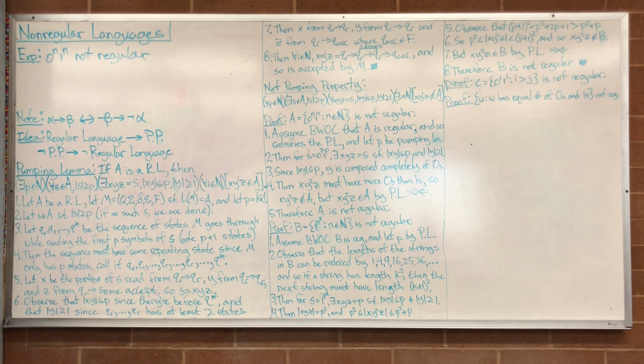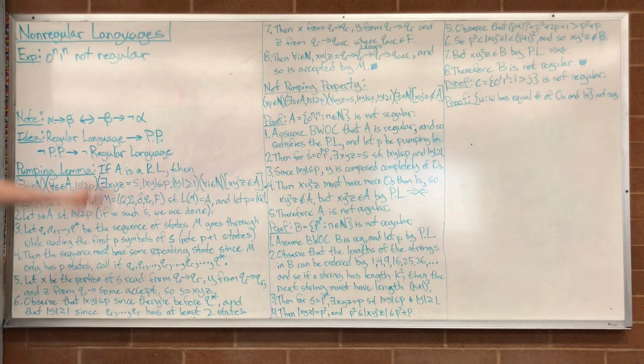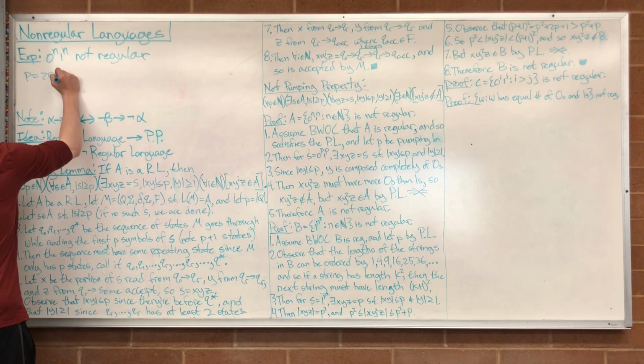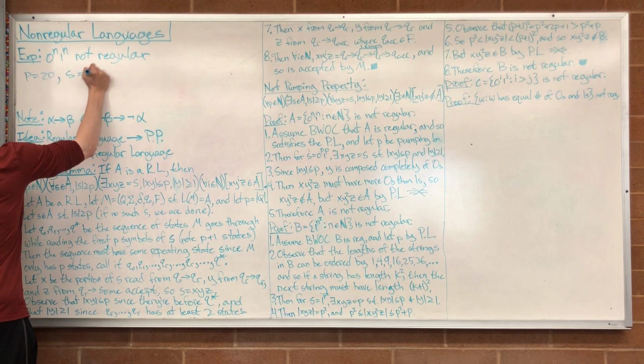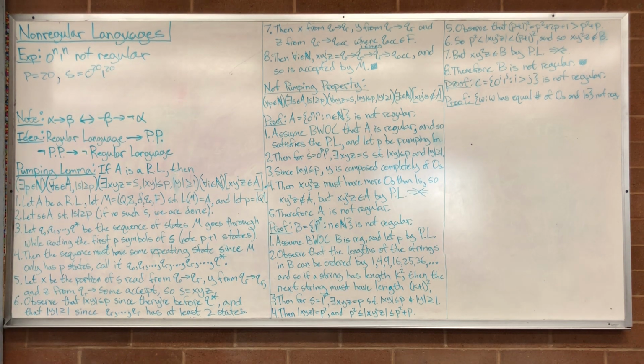The way we did that is we said, some hypothetical situation. I asked Levi, who went home and built the machine, how many states were in your machine? And he said something like, P equal to 20, there were 20 states in my machine. And so I said, okay, consider the string s equal to 0 to the 20, 1 to the 20. Now, if his machine has 20 states, then